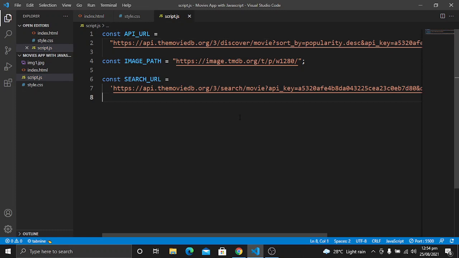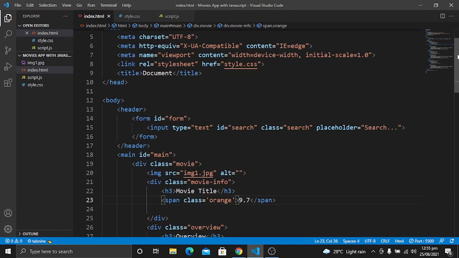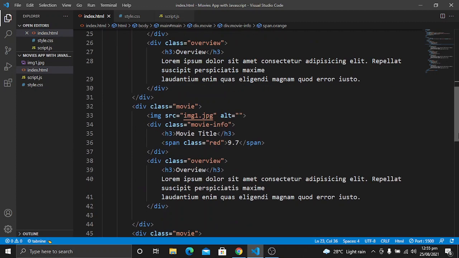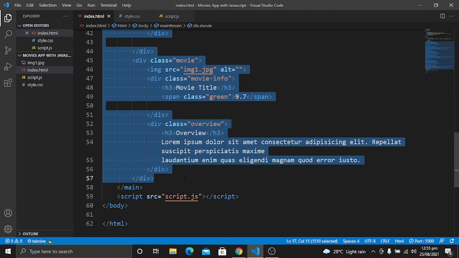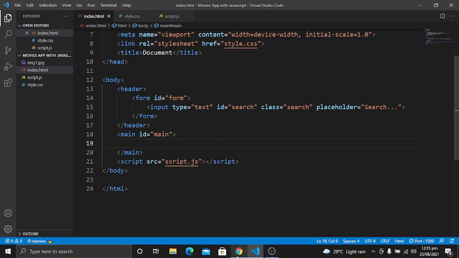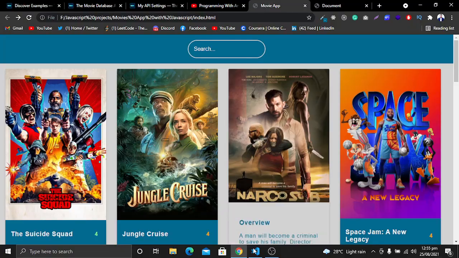And now let's move to the next step, which is getting data from this movies database. First of all, I want to select these things such as the form, the main IDs from it, and the search icon. So now just remove all of these movies from here, because we will get all of these movies from the movie database and show them here. Now you will see our app is empty.